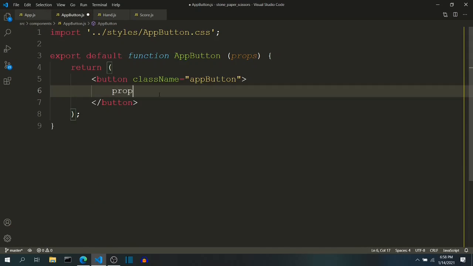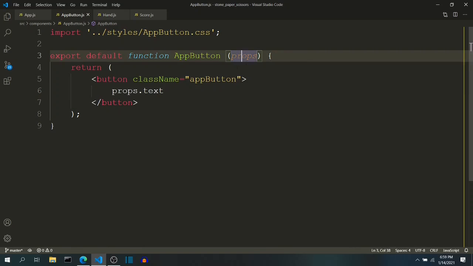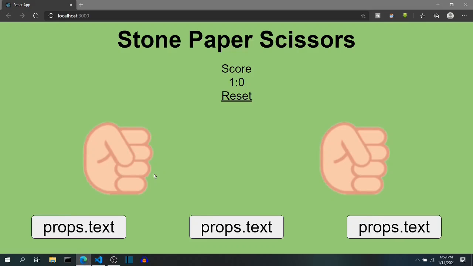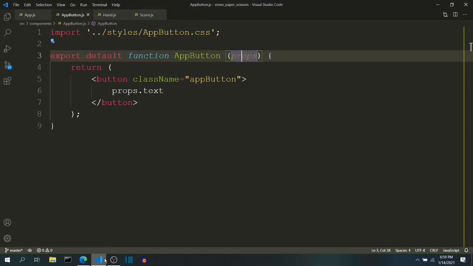So we want props.text over here, but you can see in VS Code itself that there is some problem over here. This text is not highlighted as the props is highlighted, and if I go to my website, this is what it looks like. So it is literally taking props.text as a literal string text. We don't want that, and we have discussed this earlier,